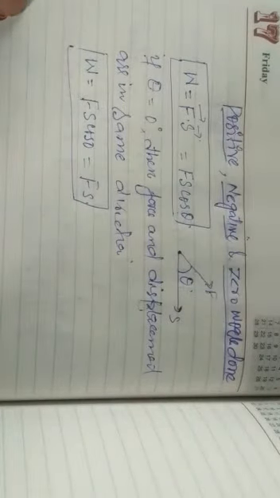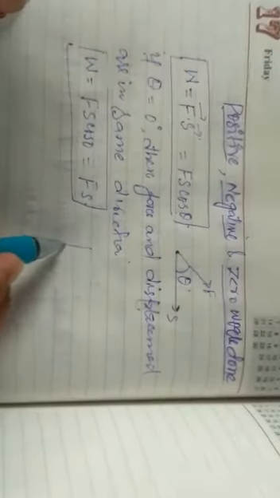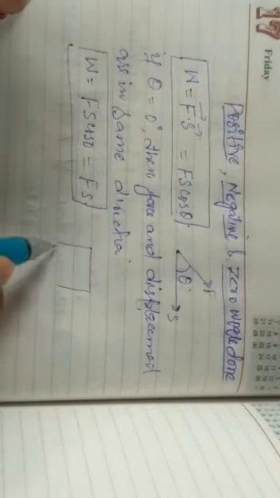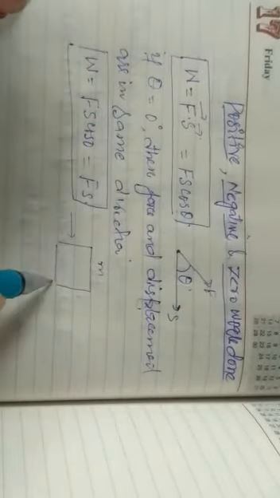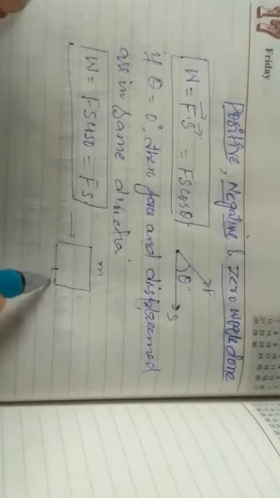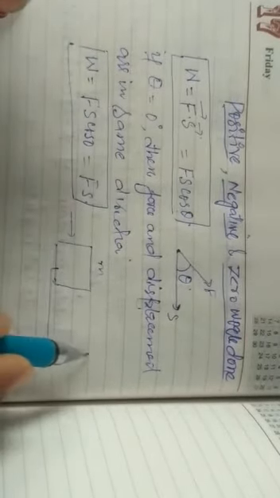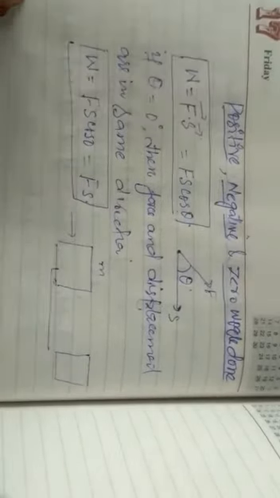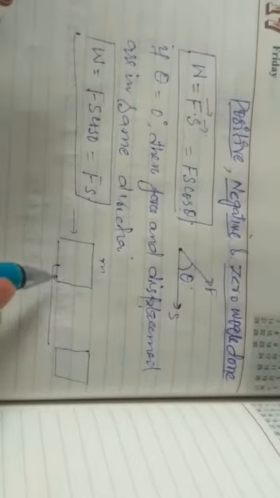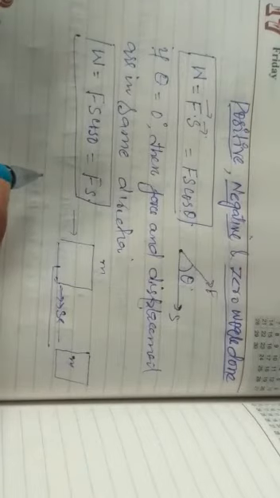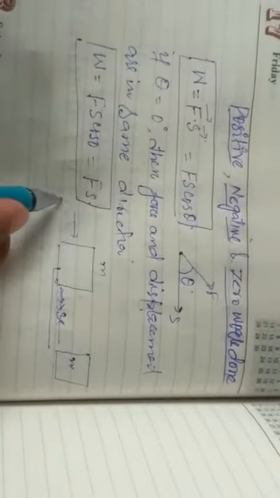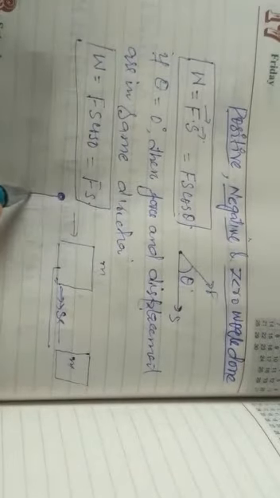For example, if this is a box of some mass m, and you apply force on it and it gets displaced, the mass remains the same, but this is the displacement and this is force. As force and displacement are both in the same direction, the maximum work is done. For example, when a body falls under the effect of gravity,